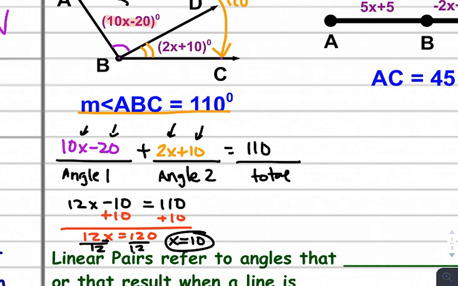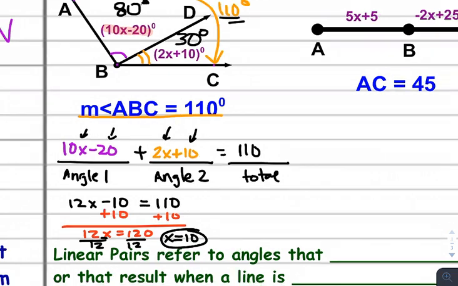And we can do the same thing for the secondary angle. 2 times 10 is 20, plus 10 is 30. Now this should work out because the total is 110. 80 plus 30 is 110, so that confirms we did the job right. And so again, now you see a switch here,